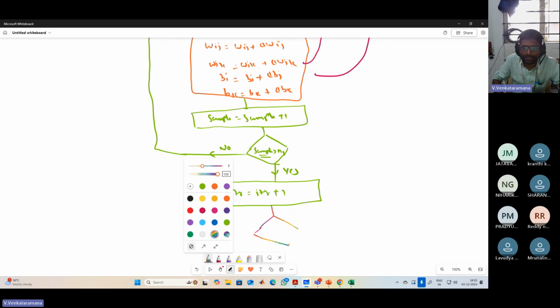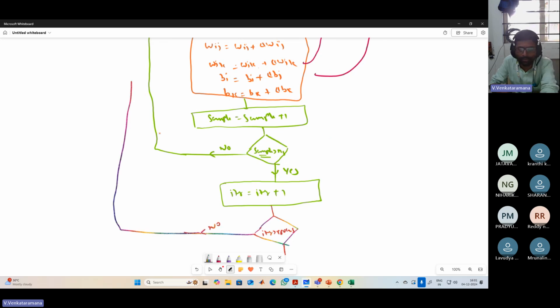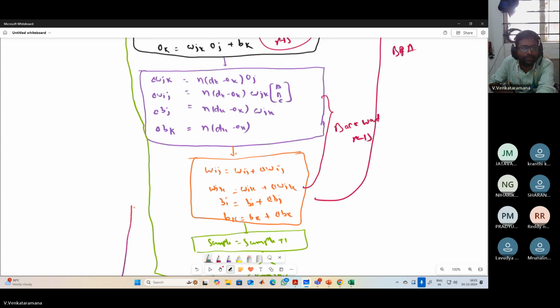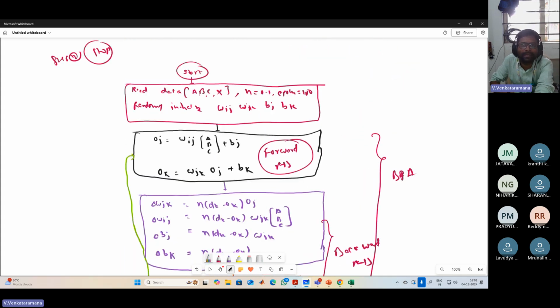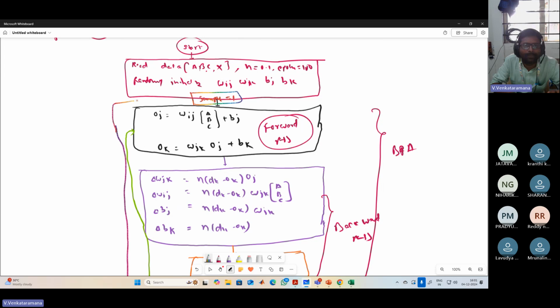Once you update your iteration count, now check whether you covered all the iterations or not. That means if the current iteration number is greater than the epochs, the max number of iterations or not. If it is not, then you go back again. So I forgot one thing. Here you have to take one more thing. Here you have to set sample equal to 1. Now, if the number of iterations is not completed, then you go back to the first sample again and